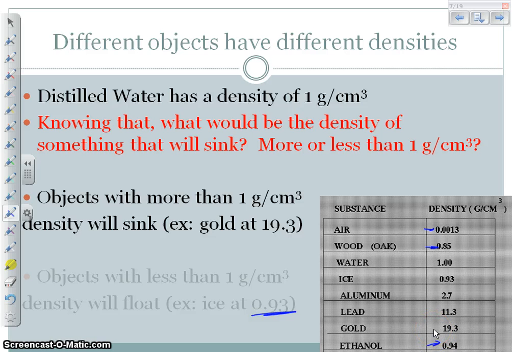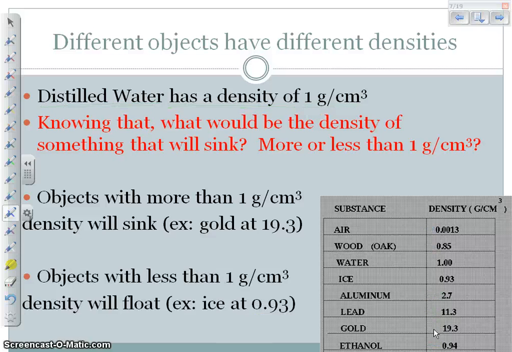All of those objects will float in distilled water. Now, is water going to be the only object that we could use to compare it to? No. You could go through and you could try to compare gasoline to vegetable oil. You could compare mercury and iron. Mercury, being a liquid, happens to be very, very dense, and therefore even dense objects can float